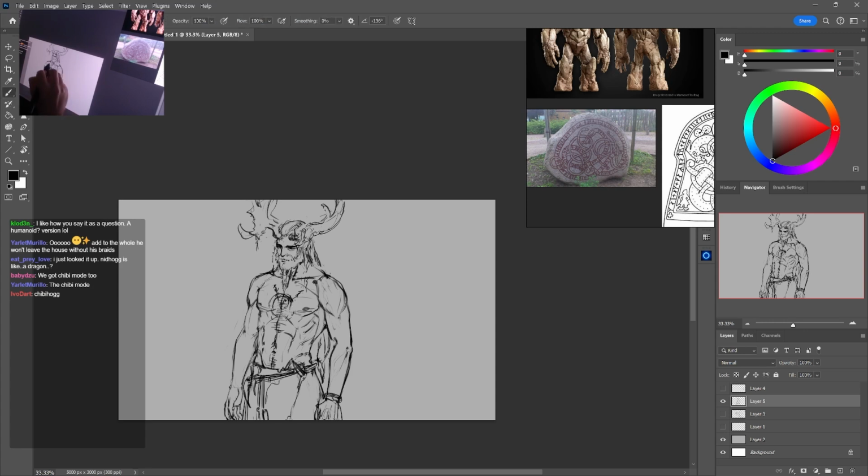Make sure you keep in mind the volume of things when you're designing stuff, because it needs to wrap around his pecs and stuff. Otherwise, it looks really weird. I think he needs some more tattoos, like everywhere.